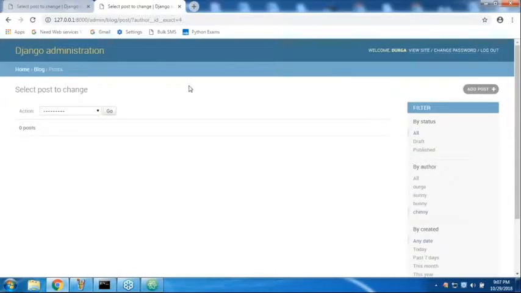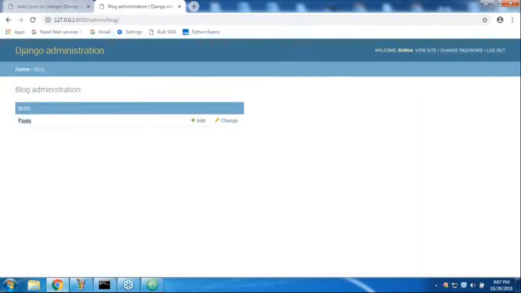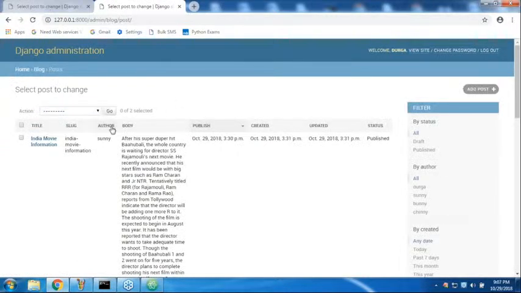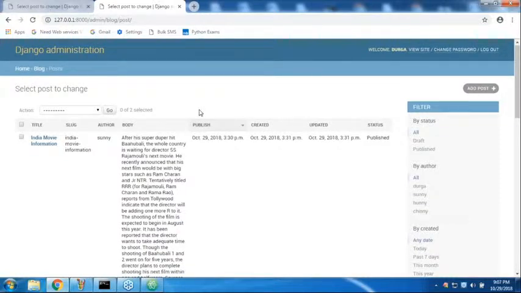You are never going to have any search option here, are you getting it? Sir, here is the action. If you want to delete or something, there is the action, but where is the search option? I want a search option, right? What I want to take here, if you want a search option,